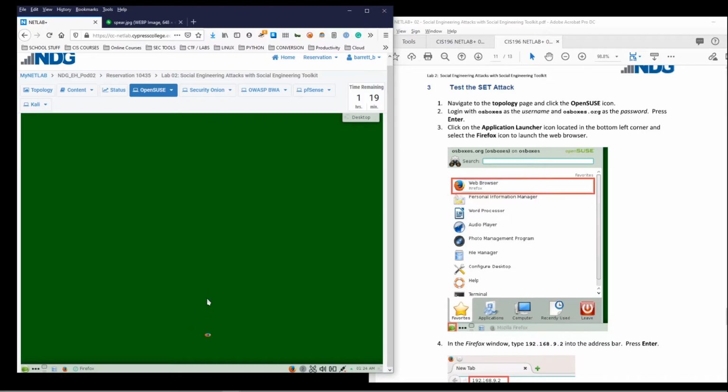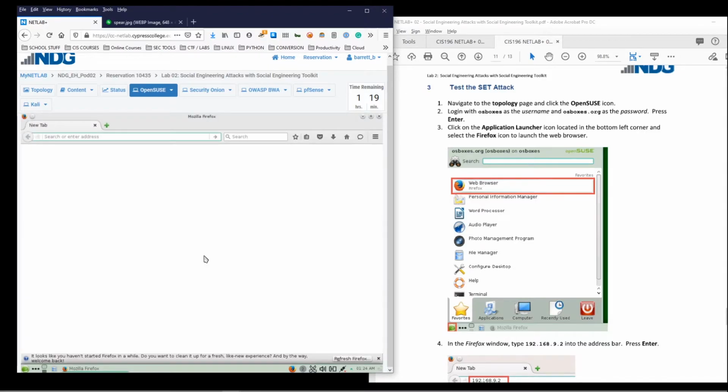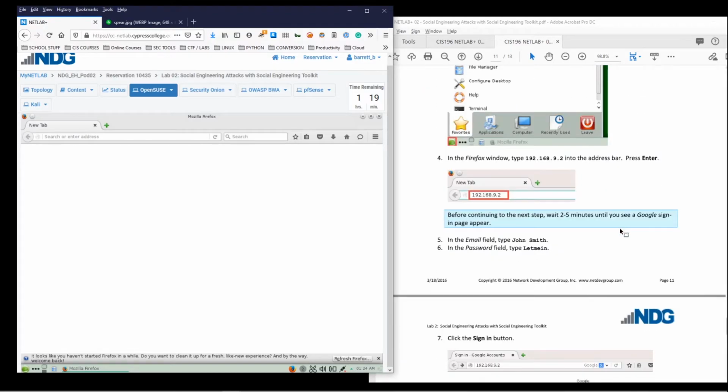And keep in mind, this machine here could be a Windows machine, or any type of machine. This is the victim's machine. They just received that email from quote unquote John, the fake John that came from the attacker. And let's pretend that they clicked on the link in their email. But what I'm going to do is type in the IP address of the Kali machine and add,